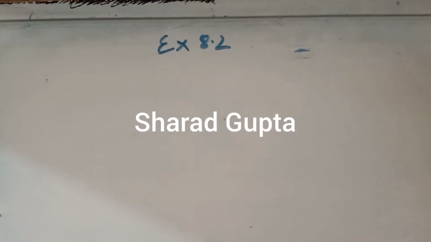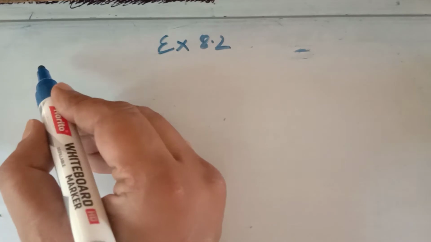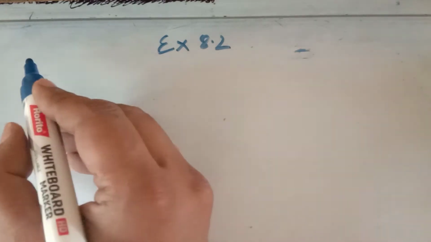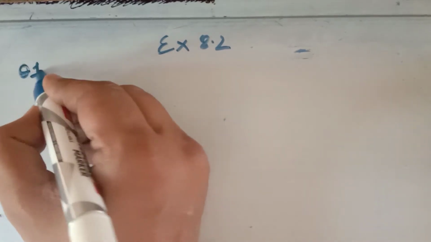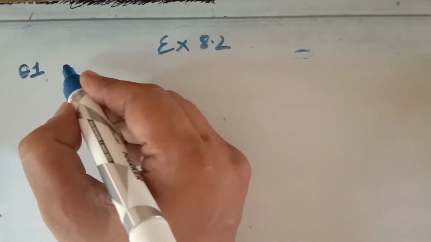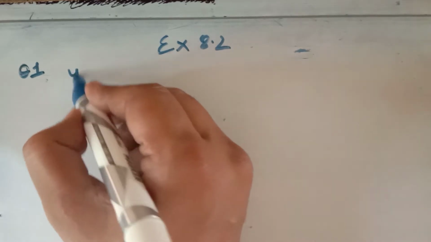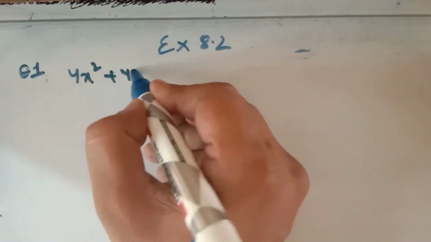Hello, this is lecture number 5 for the chapter Application of Integration, and we are starting with exercise 8.2 and question number 1. In question number 1, you have to find the area bounded by the circle 4x² + 4y² = 9,